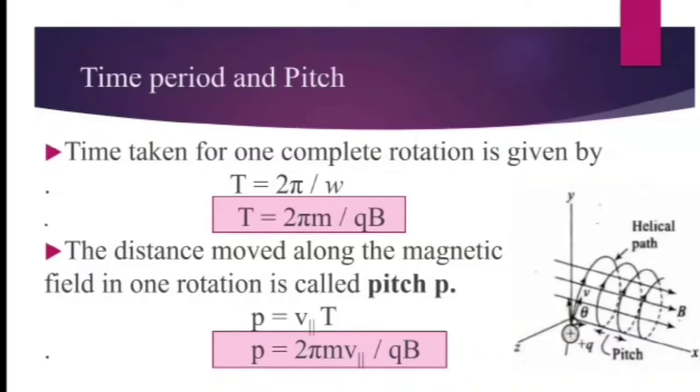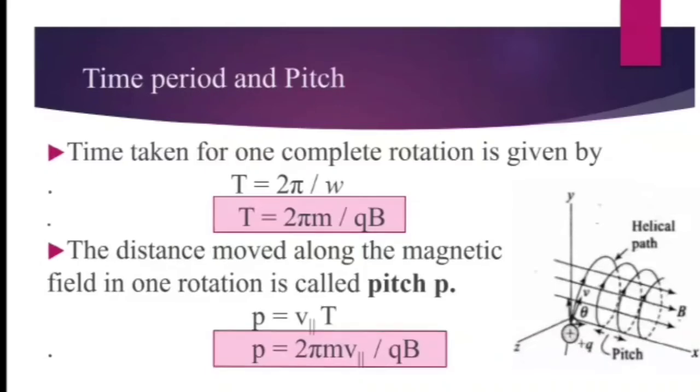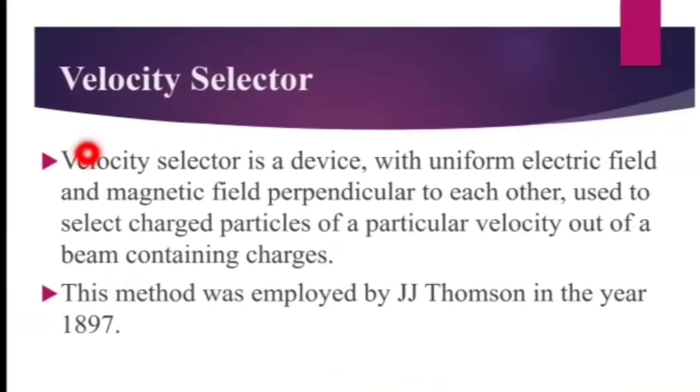Now we have understood the cases of how a particle moves when it is placed in a uniform magnetic field. And now we are going to understand what happens to the particle when it is placed in the presence of both electric and magnetic field, from which we reach a device called velocity selector. Velocity selector is the device which gives a charged particle of a particular velocity. We can select out a particular charged particle of required velocity from a beam of charges.